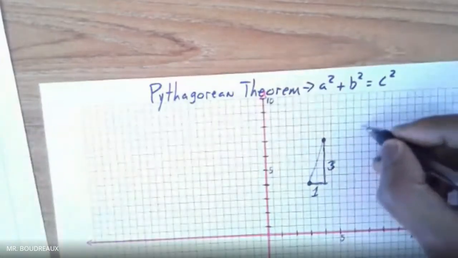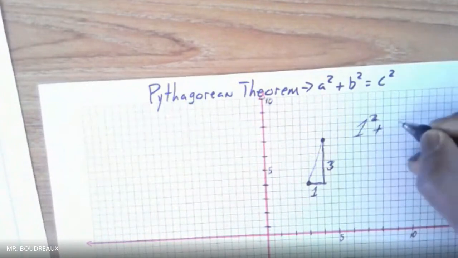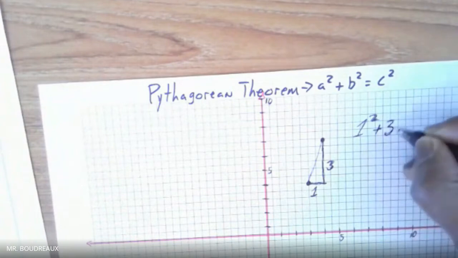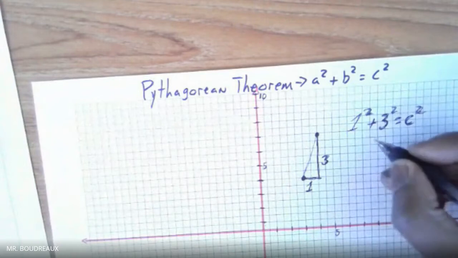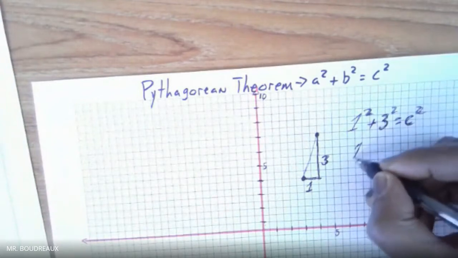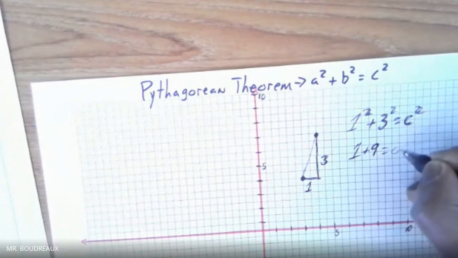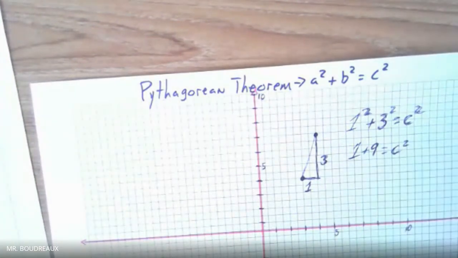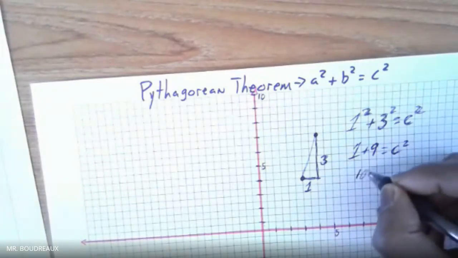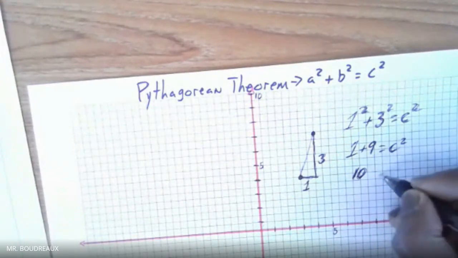Now we just plug it in the formula and we have 1 squared plus 3 squared. That's your a squared plus b squared. It equals c squared. Okay. And so now we have 1 squared, which is 1 times 1, which is still 1. Plus 3 times 3, which is now 9. And that's going to equal c squared. However, we don't want c squared. We want c. So the value of c squared is 10, but we want the square root of that. So we need to say